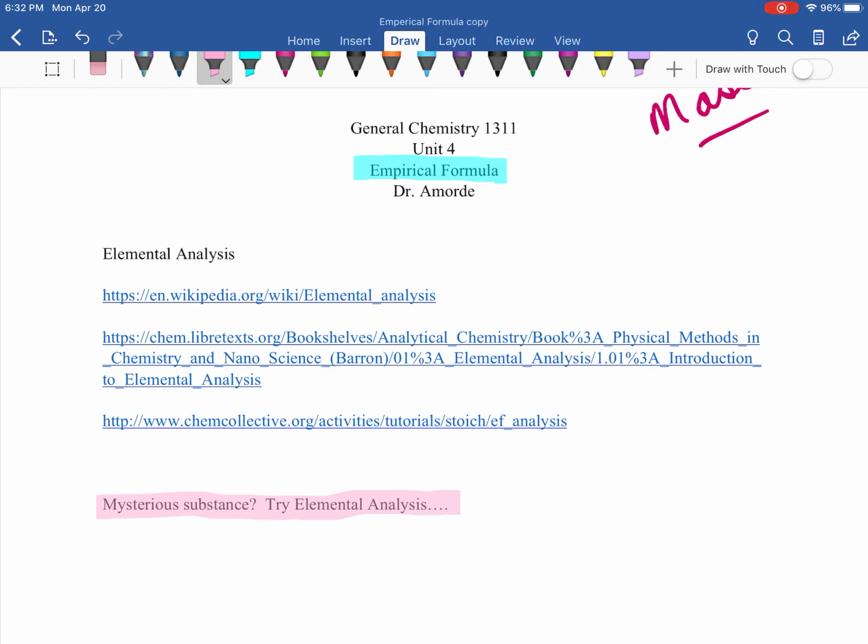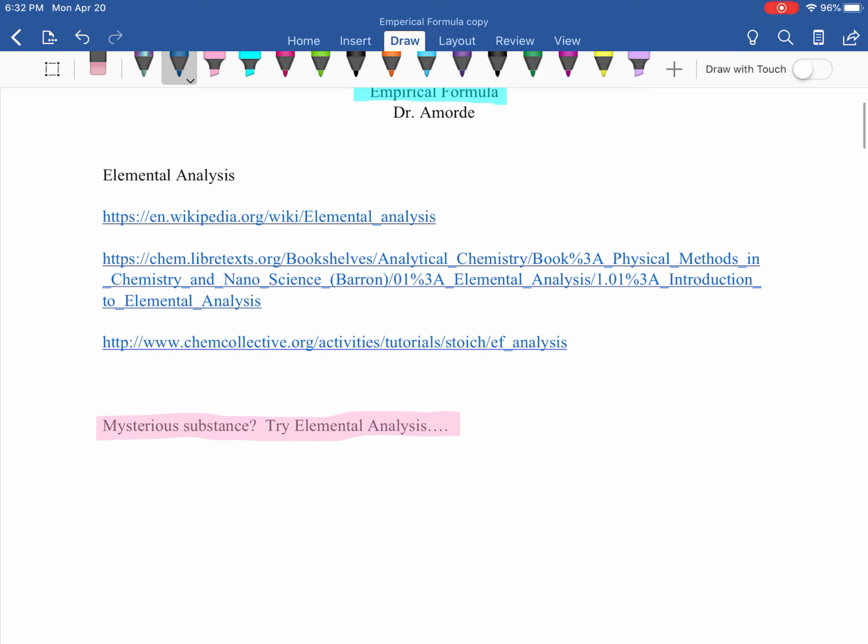What if you have a mysterious substance? How in the world can you figure out what it is? I think most people think of chemistry as figuring out what mysterious substances are. So let's talk about the history of that. How in the world could you figure out a mysterious substance? Somebody hands you a white powder and you want to figure out what it is. Well, wait, that could be illegal. Anyway, legally, if you want to figure out what that is, you would do a couple of different tests on